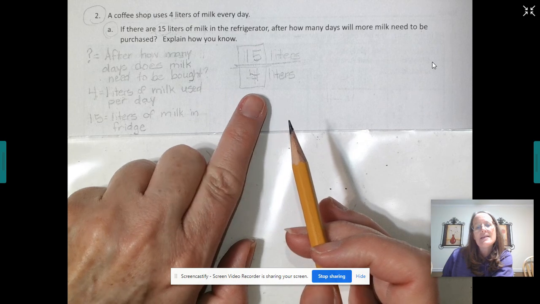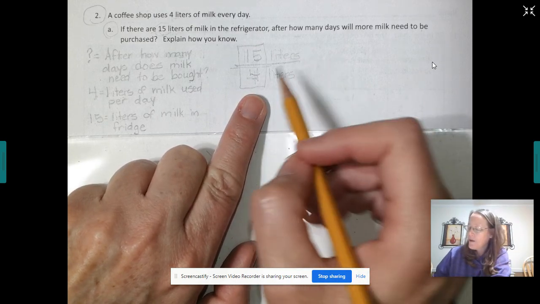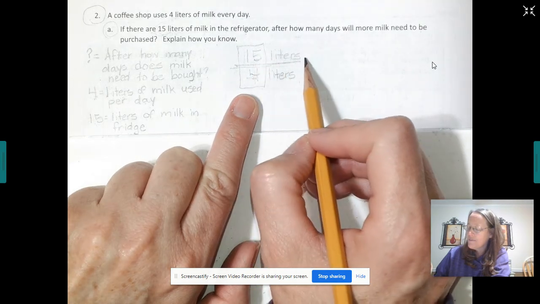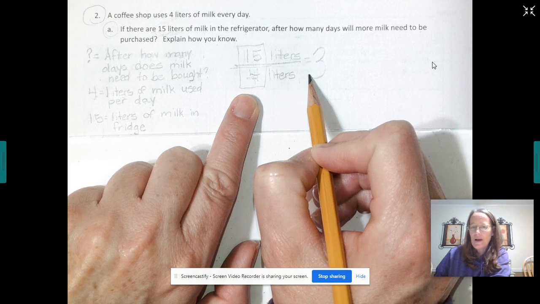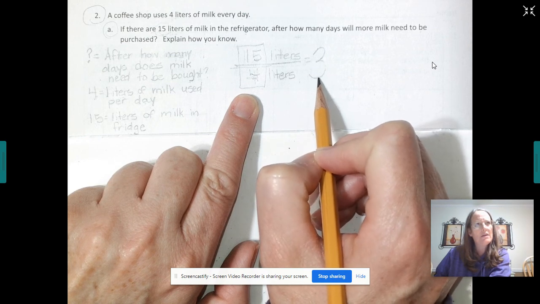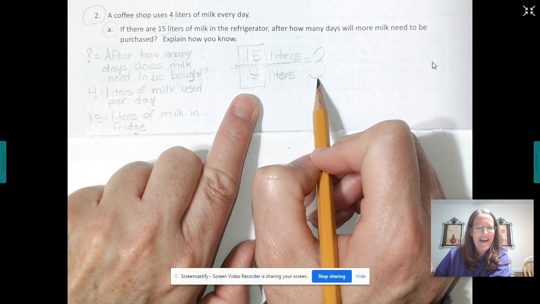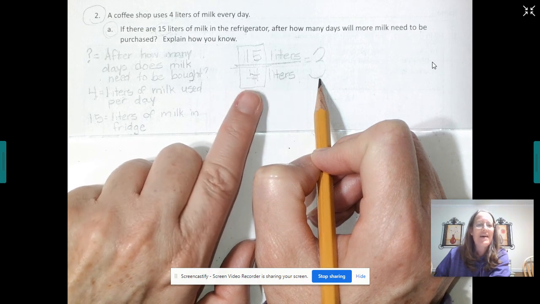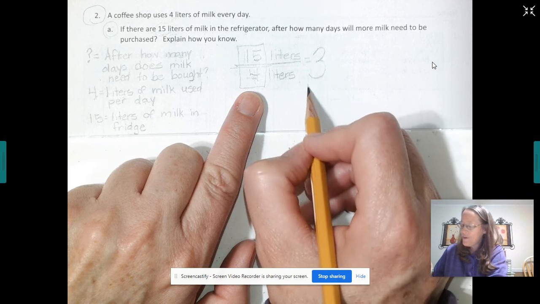What is this as a mixed number? 4 goes into 15 3 whole times, right? What does that 3 represent? 3 whole days. Yeah, 3 whole days that milk is going to last, right? Yeah, so 3 whole days